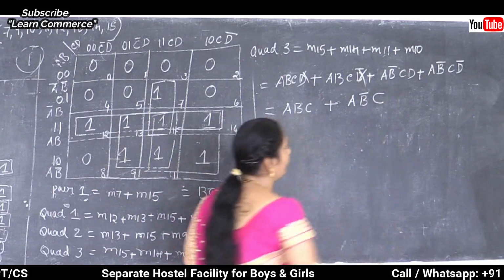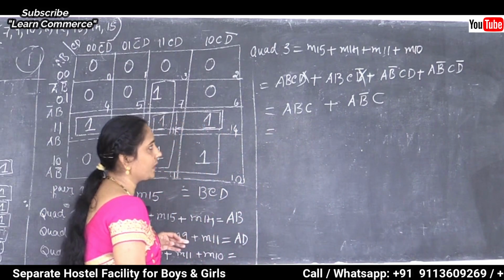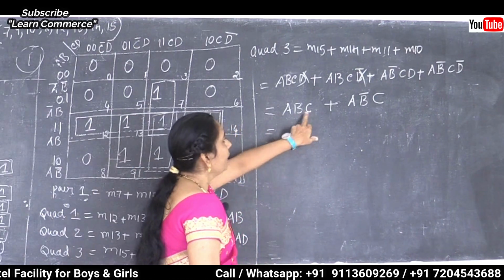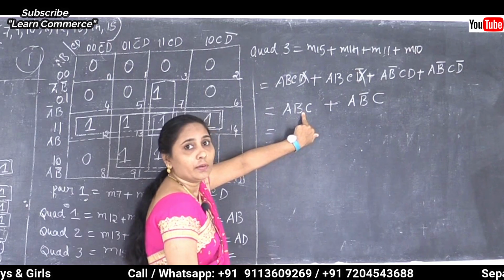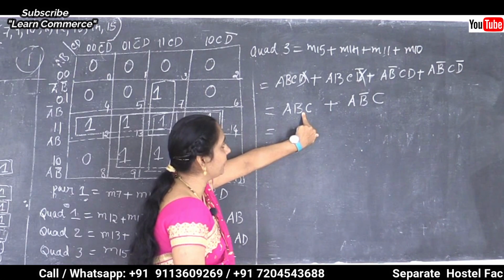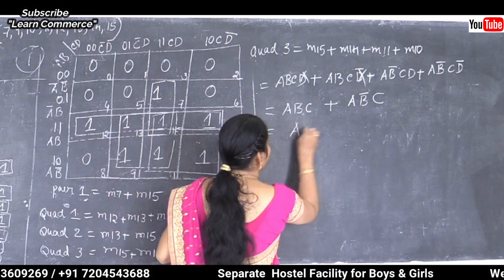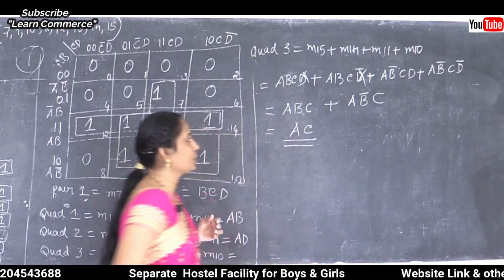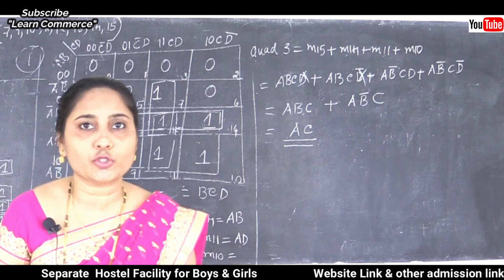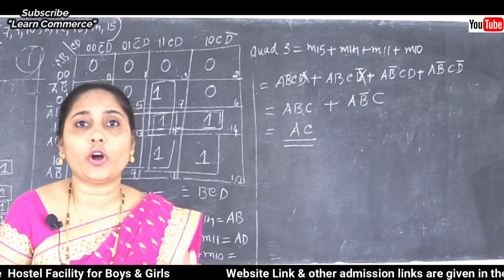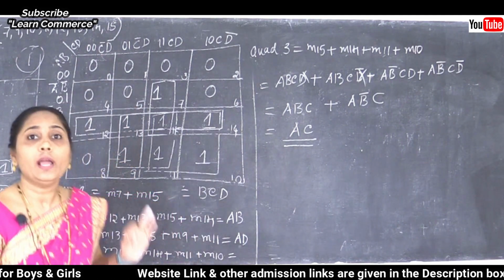Okay, now we can say that it is not the final result, and after getting which value to remove, that means we can say there is a change between the values B and complement B. So the final answer is AC. Is this point clear? So this is the answer, the reduced expression for quad 3,